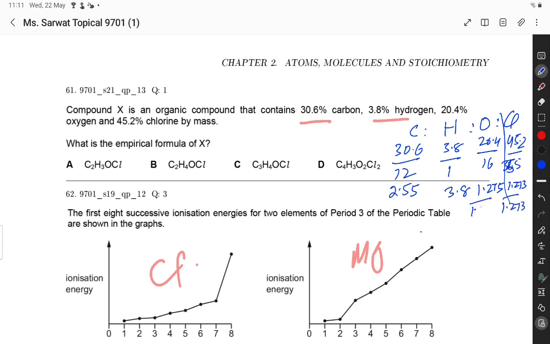Dividing each by 1.273: this is equal to 2, this is equal to 3, this is equal to 1 and this is equal to 1. The answer is C2H3OCl. A option is